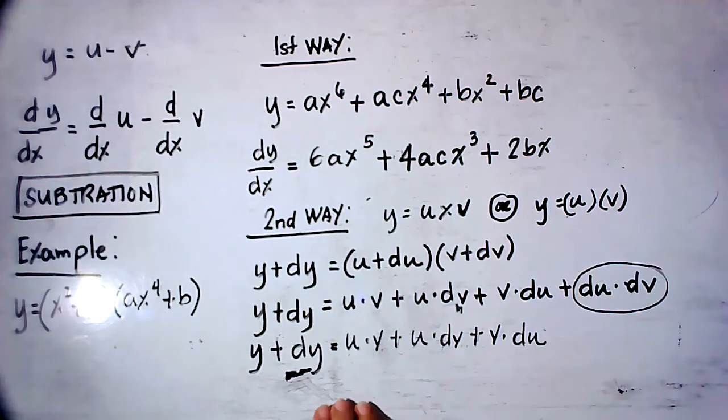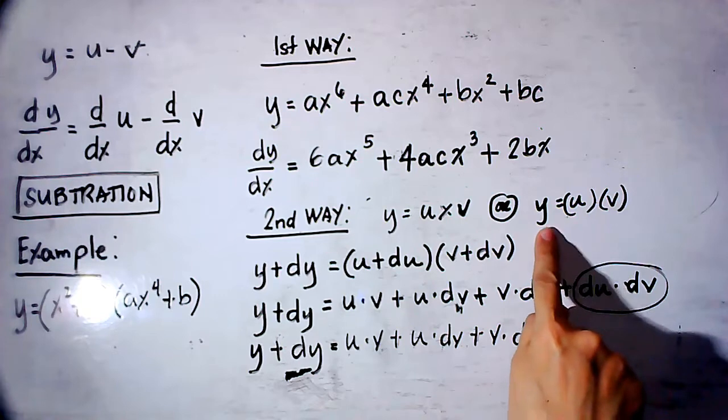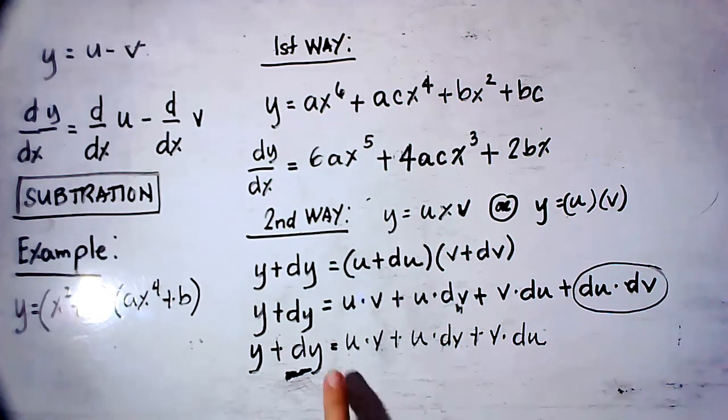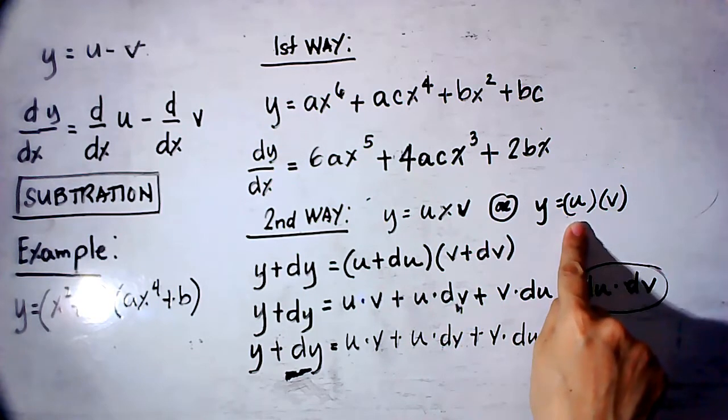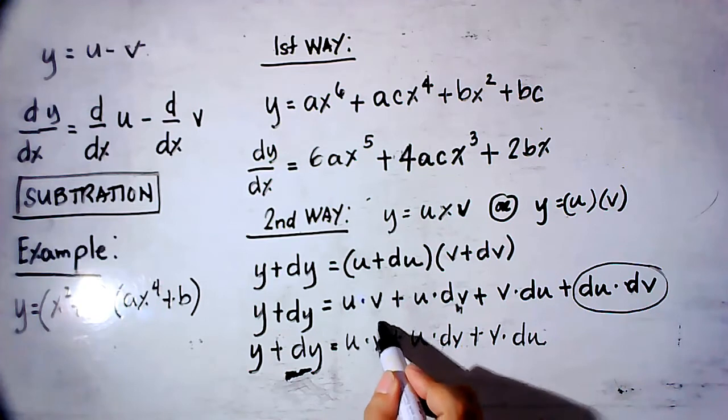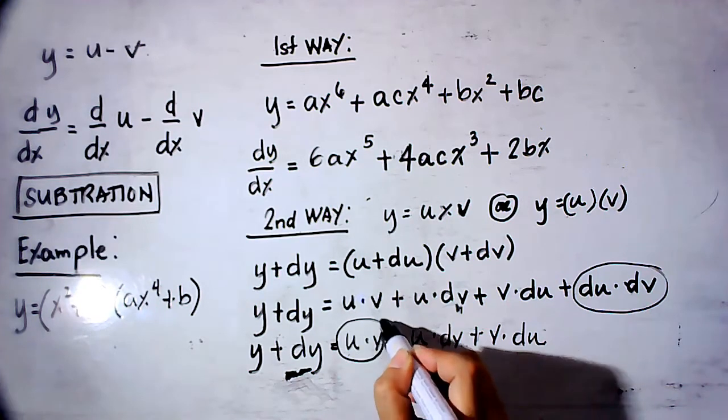That is for the product. So if we are going to subtract the original y is equals to u times v, we are going to eliminate u times v because we are going to subtract the original value of u times v here. Then what is left to us will be